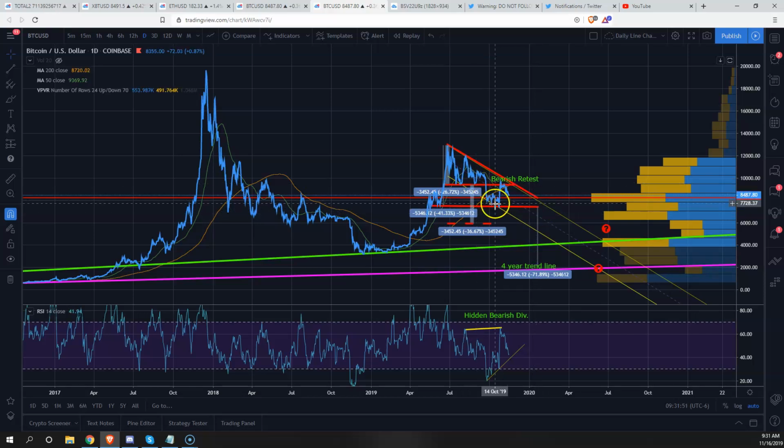Okay. This was not bullish structure. This was simply a dead cat bounce. Okay. And for anybody that says, James, it wasn't a dead cat bounce, it was. That's not up for debate. It was a dead cat bounce. If it wasn't a dead cat bounce, it would have kept moving up, right?